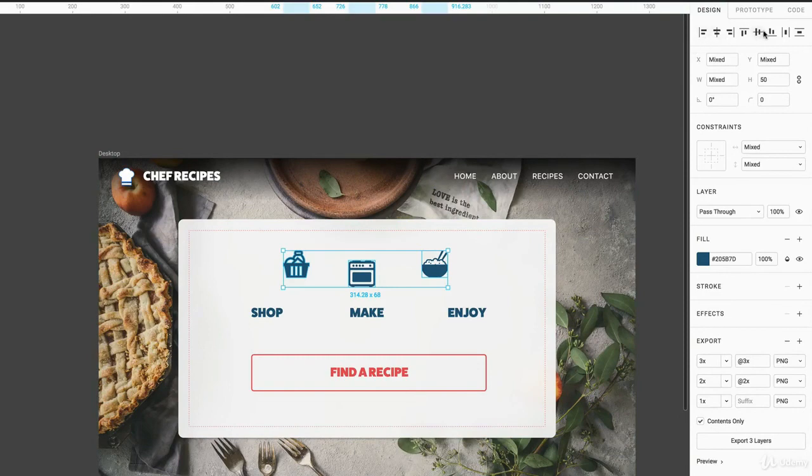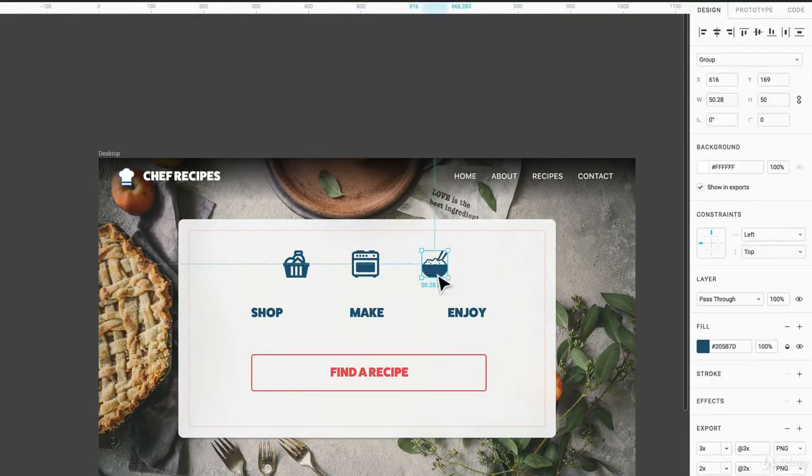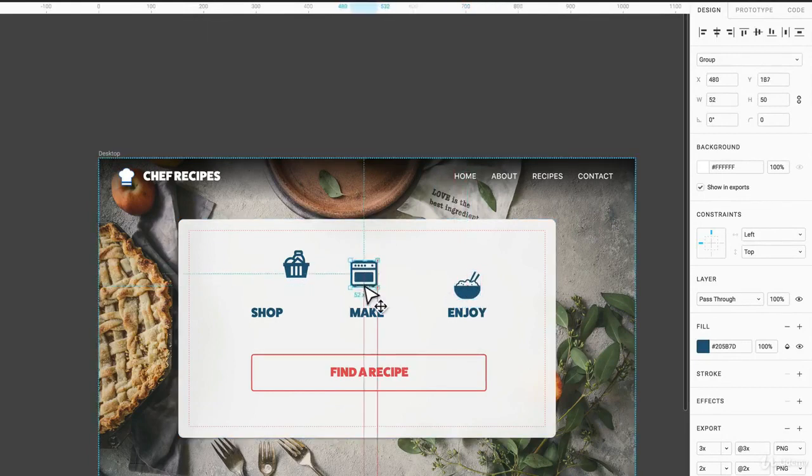And I have some alignment controls up here to align things to the top, align them to the bottom. Now these are the same height, so top and bottom are both aligned, or align center. And then we also have distribute horizontal spacing, which will make sure that this has the same spacing between each icon. So if I wanted, I can click on these icons, just align them to this text here,